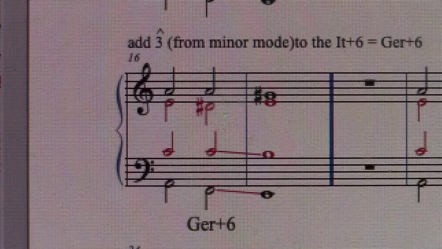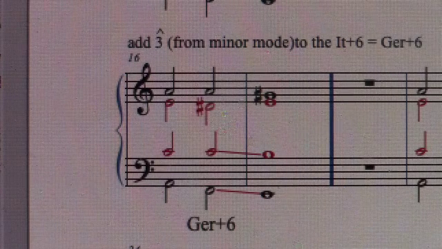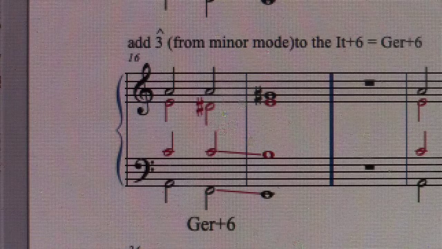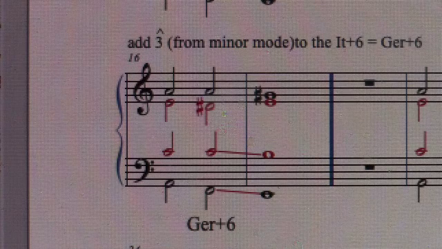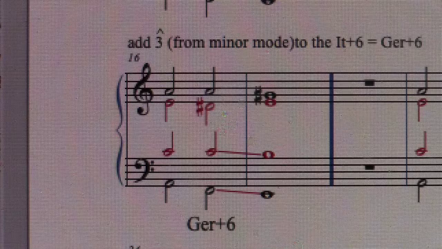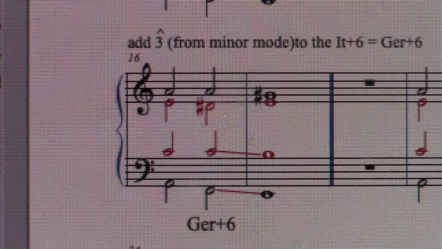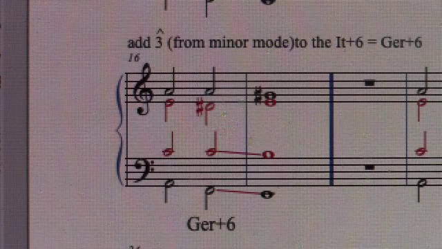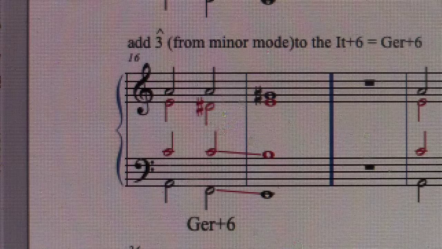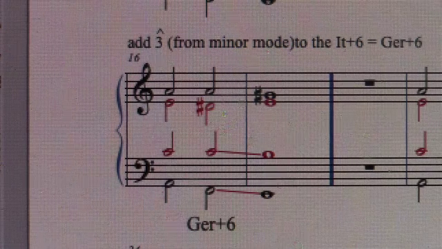The next type of augmented sixth chord is known as the German augmented sixth chord. And the difference here is, rather than adding scale degree 2 to the Italian to create the French, we add scale degree 3 from the minor mode, by the way. It has to be, so we will call it the lowered scale degree 3 or the natural minor scale degree 3. So here is the German augmented sixth, and there's an inherent problem with the German augmented sixth, which is